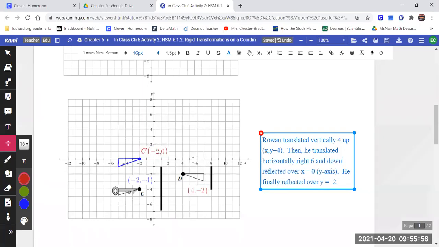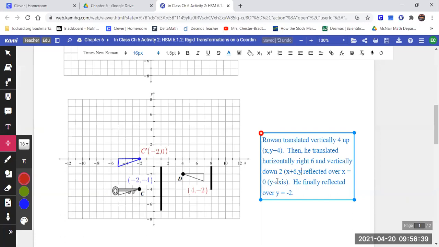And now we would be floating above it and down 2. Oh, and vertically down 2. Okay, that means what's our rule going to say then? Our X number, what did we do to it? If we went right 6, did we add or subtract? If we go right, is that adding or subtracting? Is that positive? It's adding. So we added 6, and our Y